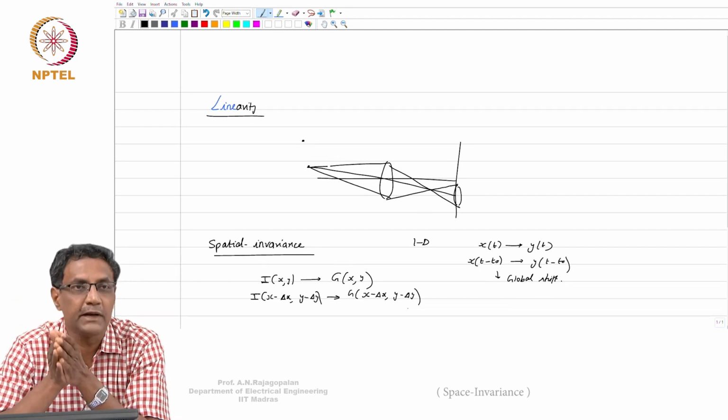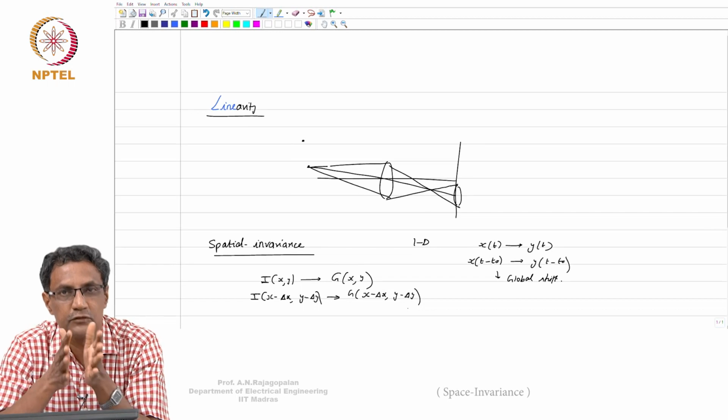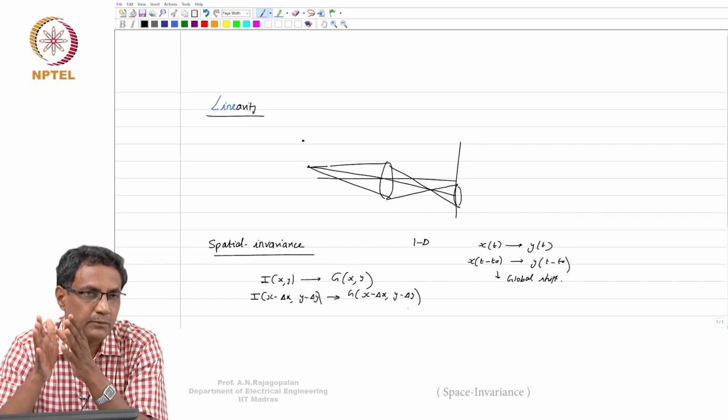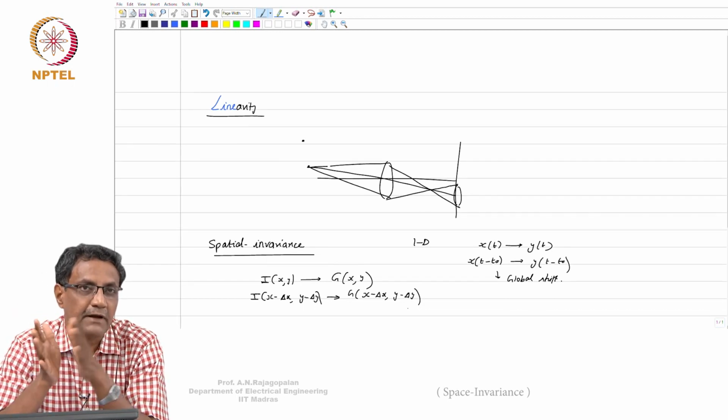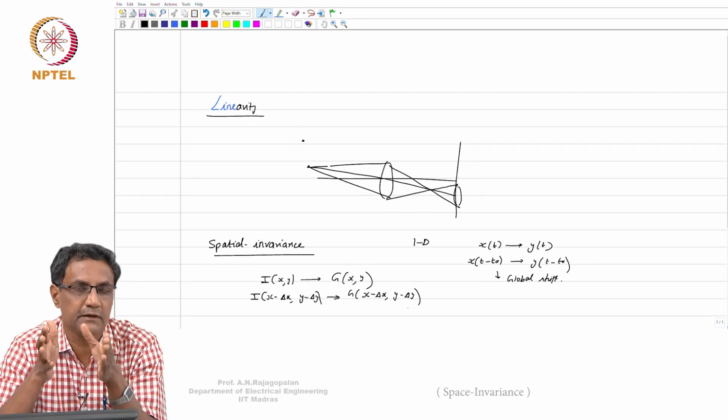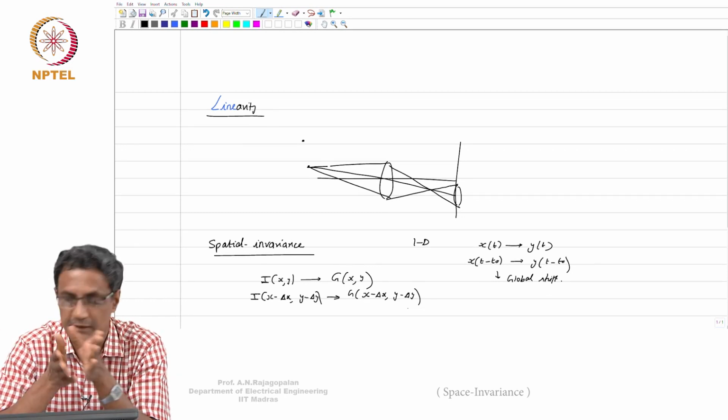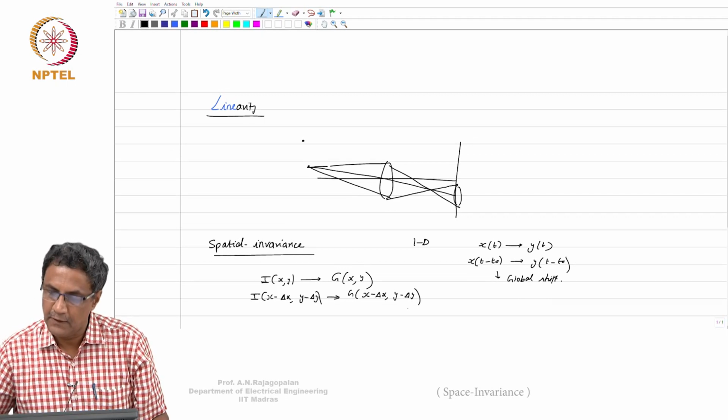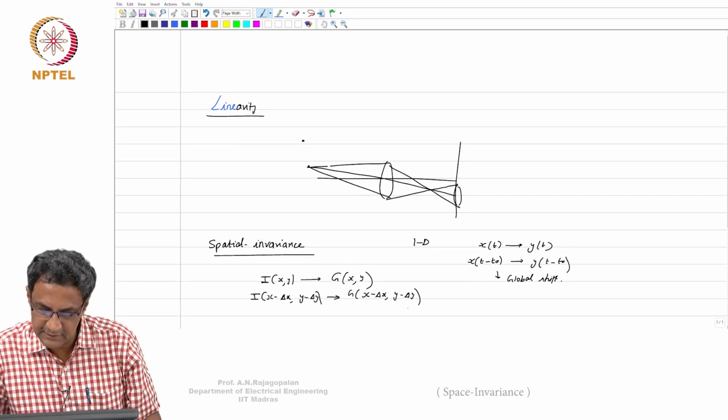If you can provide to the lens an image that is globally shifted, the lens will give out an output that is also globally shifted. The fact that you cannot produce that input cannot be used to blame the lens. I'll tell you what I actually mean by that. Now imagine that, let's say